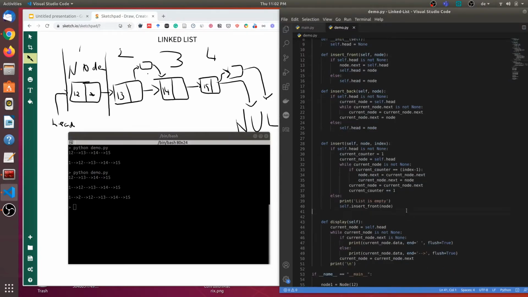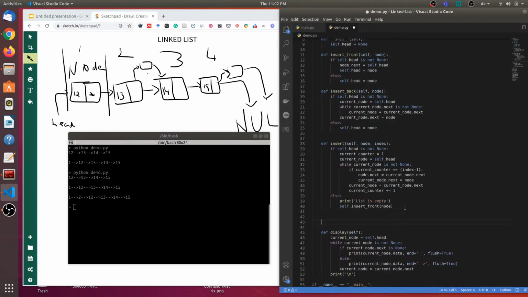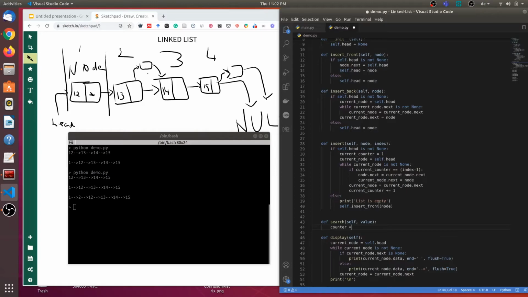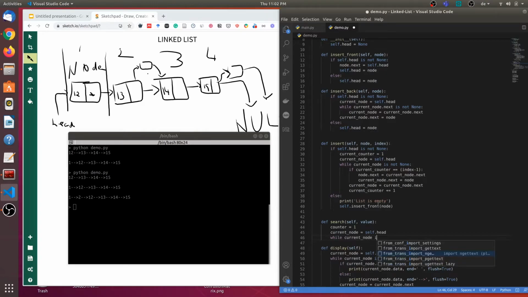So how can we implement this? So I will define a function called search, which will take in a value as a parameter, and I wish to find a node with this value. So I will first have a counter which is initially set to 1, and I also have a current node pointing to the head of the list. Then I will traverse the list, so while current node is not none, that is the list is not empty,